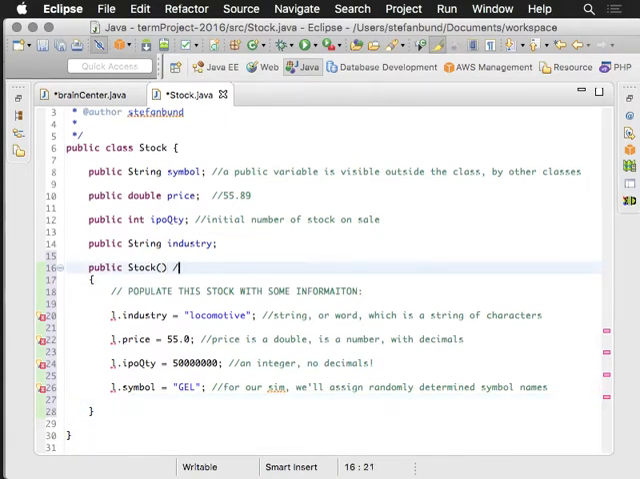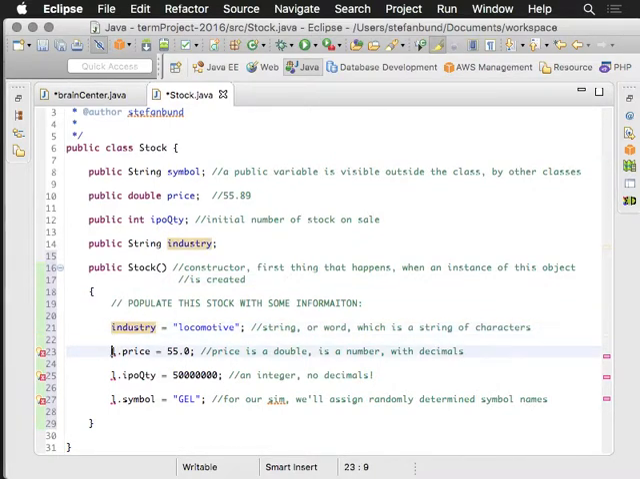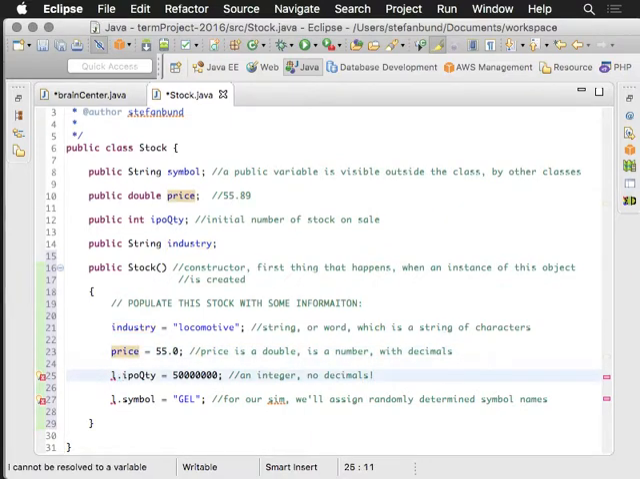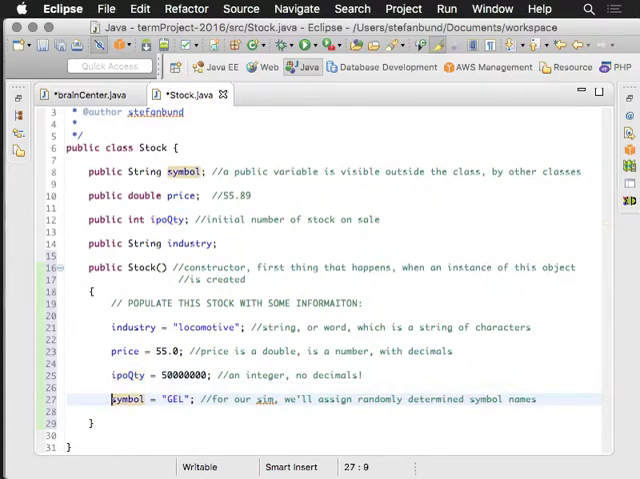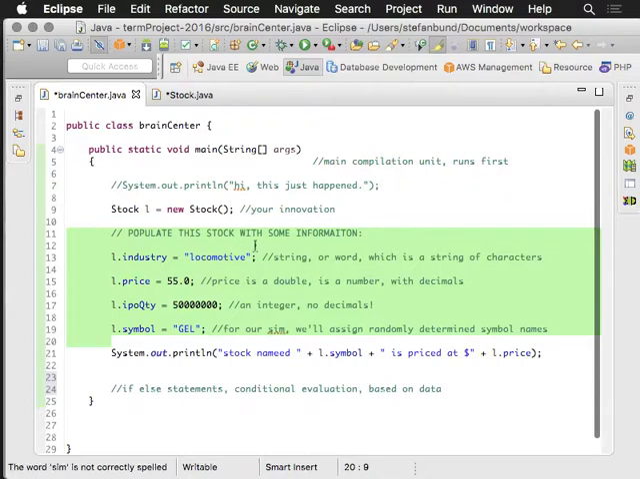Now, what the constructor does, this is called a constructor. And we're going to talk about this later, but the constructor is the first thing that happens when an instance of this object is created. So the moment that we have a new stock, these variables will get initialized. And we'll see this idea repeat itself a multitude of times. So instead of accessing the public variables of this object from within the main, which is what we did a minute ago, instead of doing this,